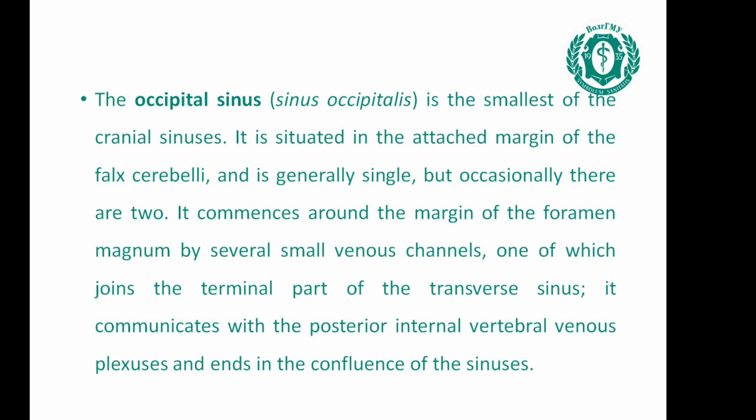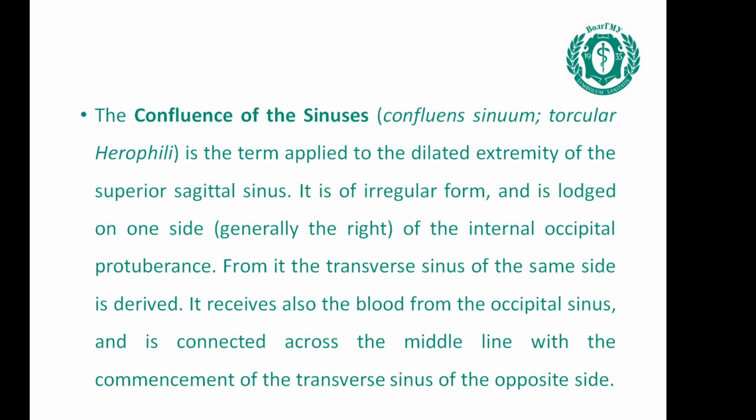It commences around the margin of the foramen magnum by several small venous canals, one of which joins the terminal part of the transverse sinus. It communicates with the posterior internal vertebral venous plexuses and ends in the confluence of the sinuses. The confluence of the sinuses, in Latin confluens sinuum,